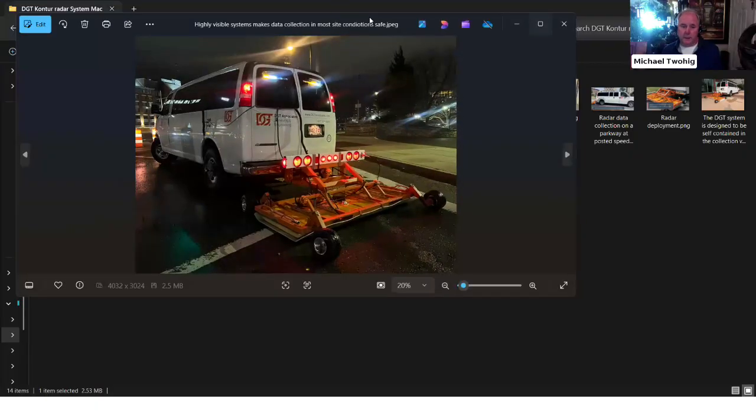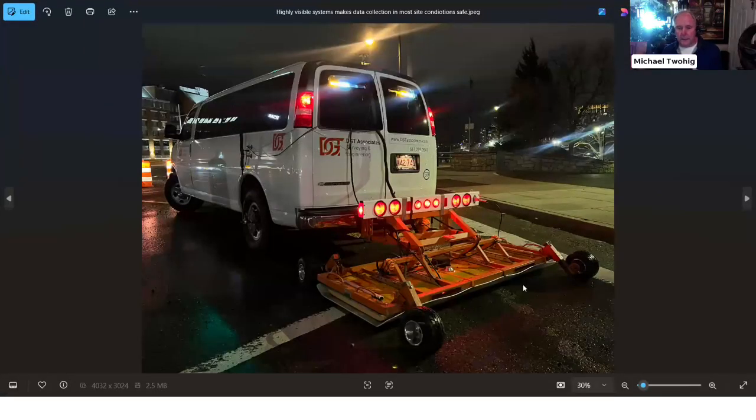That means the other part is that we can collect day or night. We do it in inclement weather. We have very good high visibility and always maintain our safety. The other part is by having the positioning of the data, it's not only just giving us great information for